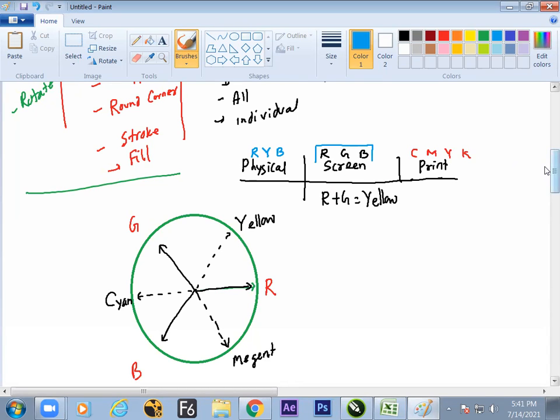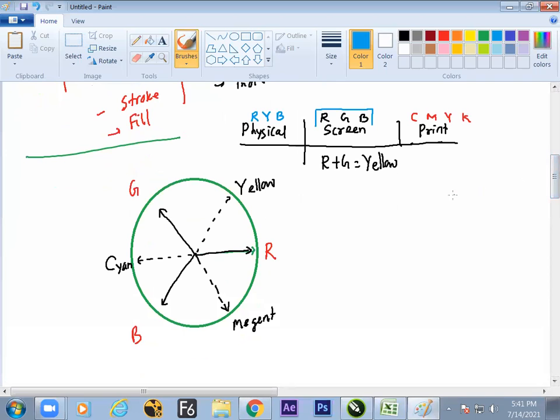Is it okay? Shall I move on? Yes, sir. Right, now I do understand. It is a little theory, so sometimes it is painful, but it will set you apart from the crowd. This is our goal. Green plus blue is equal to cyan. And if the screen has blue color and you mix it with red, then it forms magenta.